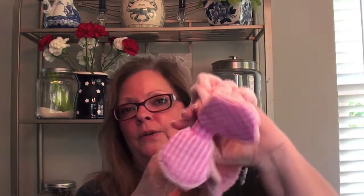All right, the next category is the beauty category. And in this category, one of the things I got on our girls' weekend was, you probably saw the video where we had our little headbands on. This thing is so soft. It's like a baby blanket. It is so soft. But I really like it because it keeps my hair pulled back when I'm trying to